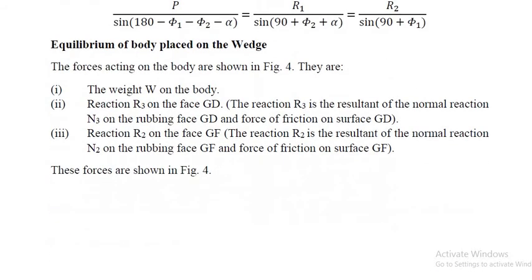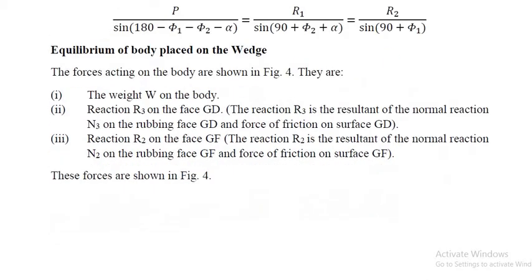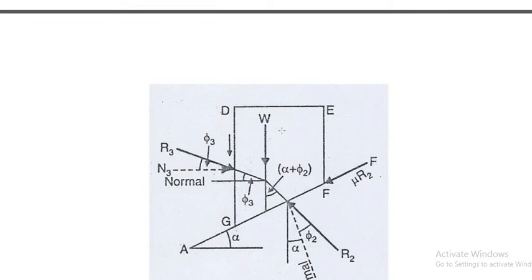Now we will consider the equilibrium of the body placed on the wedge. So how can this body be in equilibrium when it is placed on the wedge? What are the forces or reactions we have to consider? First, W, the weight of the body acting downward. Then R3 is the reaction due to the normal reaction,